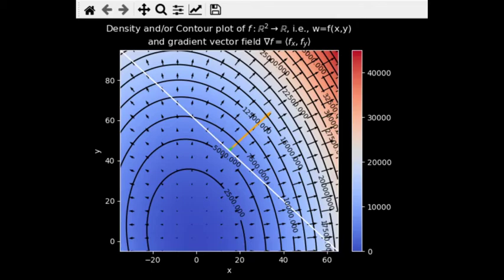And here we see a plot of the cost function. It's a contour plot with a gradient field. The constraint is this white line right here. This is the constraint x plus y is equal to 60. And in green here, you see the gradient of the constraint. It's this vector right here. And then in orange, it's the gradient vector at the solution point, which we found to be